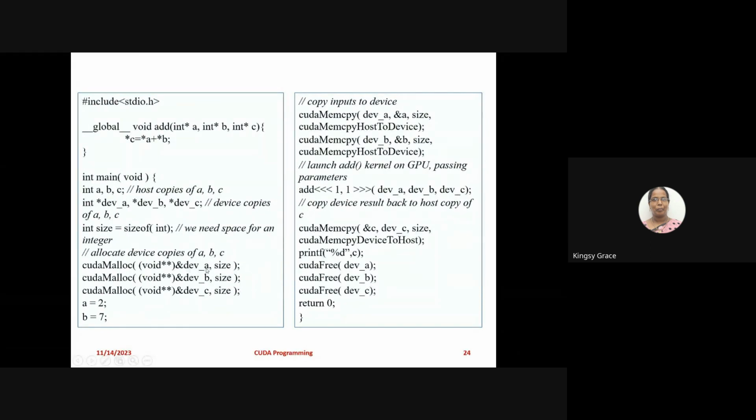So for variables A, B, and C. If you don't want to give size here, you can directly give the size of int here itself. No problem. So here I have assigned the values A equal to 2, B equal to 7. And what else you have to do is copy the data A and B from CPU